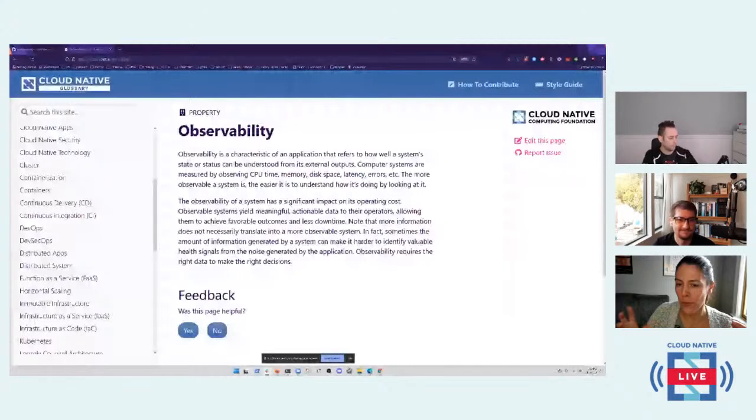Take a complex term and explain it to someone in a way that someone with zero technical knowledge can understand. If you can do that, you really got it, right? If you can't, you're probably still missing some little thing. So it's a really good exercise to test if you actually know what you think you know.